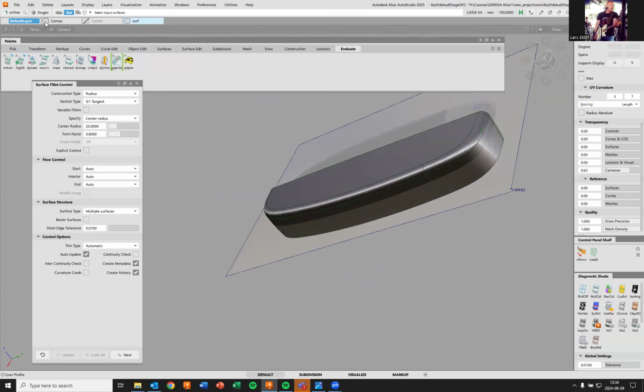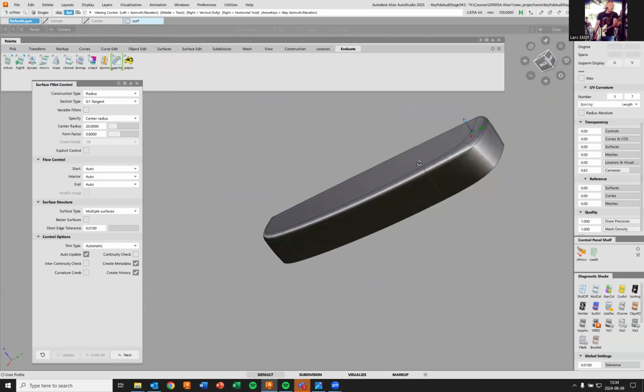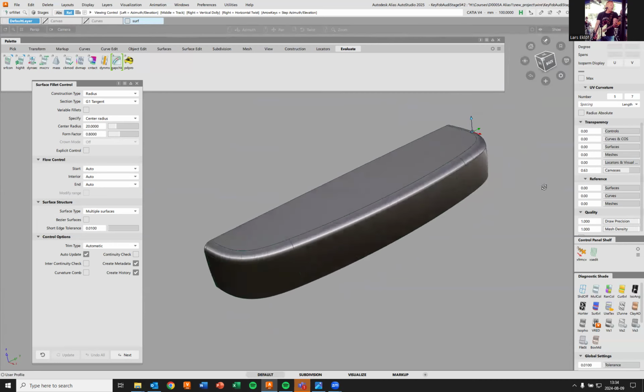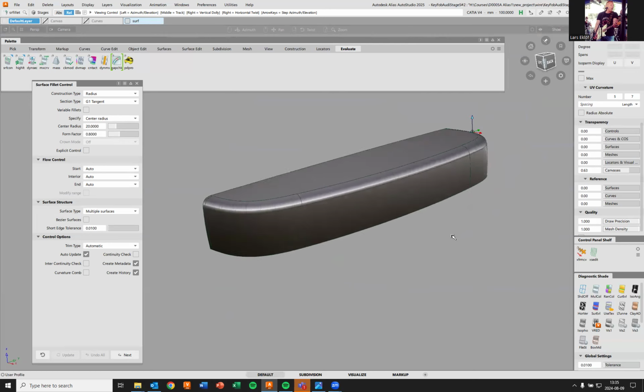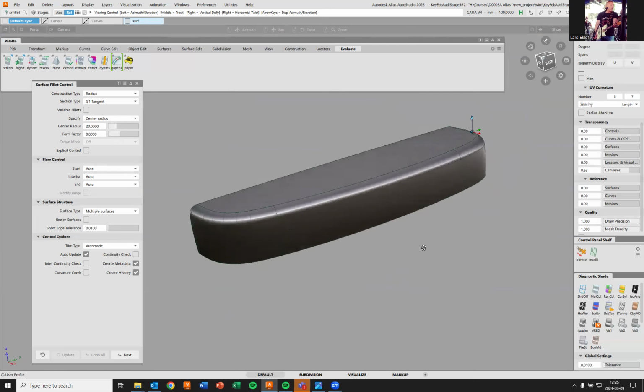I'm going to turn off the canvas plane so we can clearly see it. And it's looking rather nice, isn't it? You go ahead and try that,